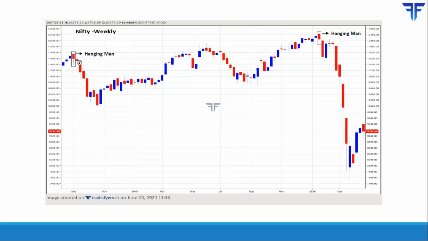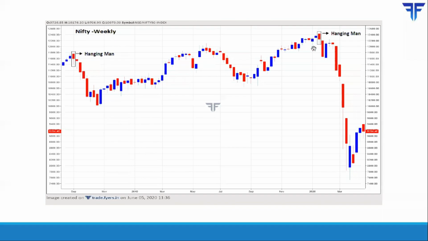In the subsequent candle, that is in the subsequent week, the high of the hanging man was not broken, but the low of the hanging man broke. So that signals a possible reversal from up to down. So once that happens, you could consider selling the underlying by keeping a stop loss above the high of the hanging man. In case the high of the hanging man breaks, then you exit your trade. So as we can see, in the next few weeks, there was a nice decline in Nifty.